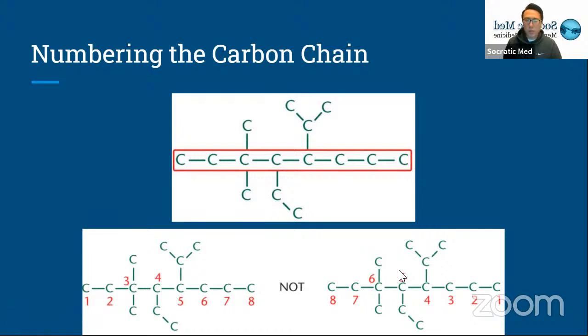So whenever you give numbers to carbons, you want to give the highest priority functional group more precedence than the lower priority functional groups. So the carbons closer to the higher